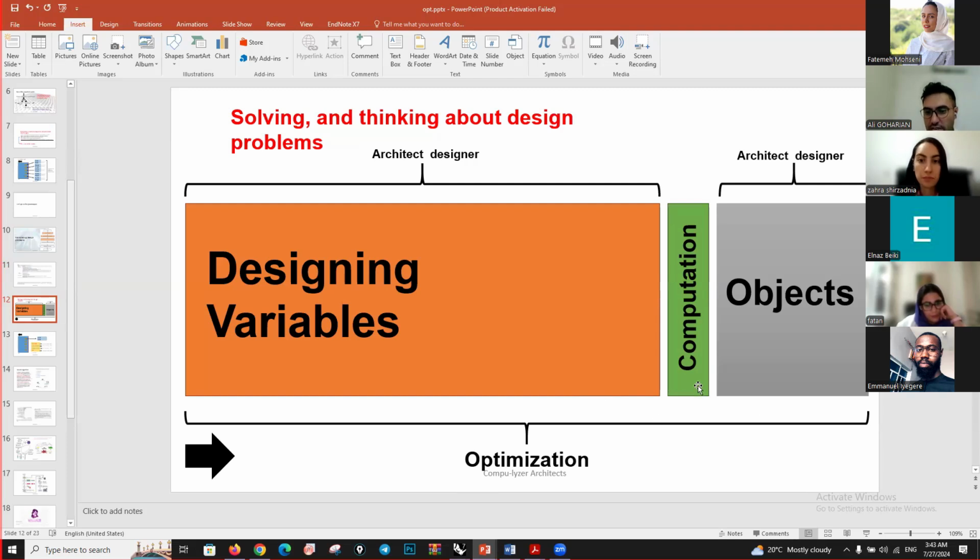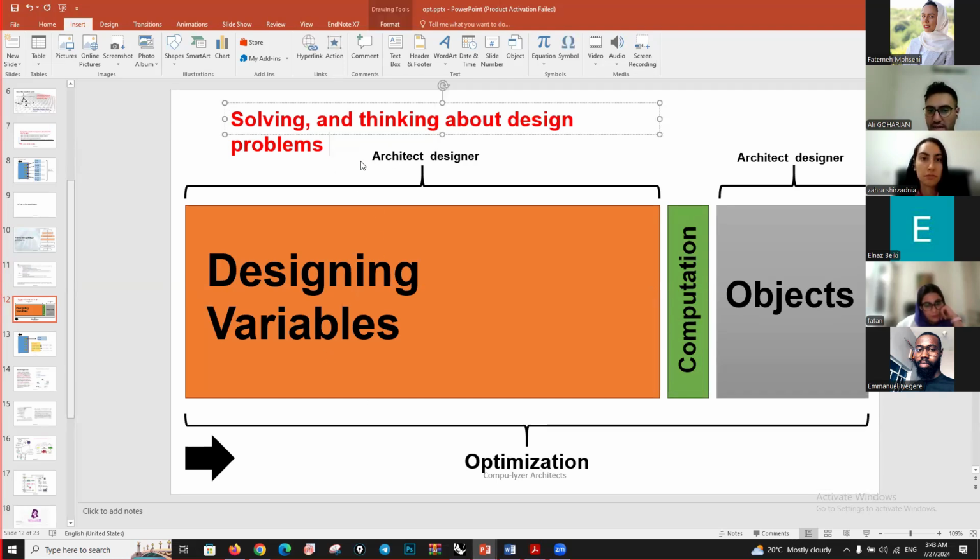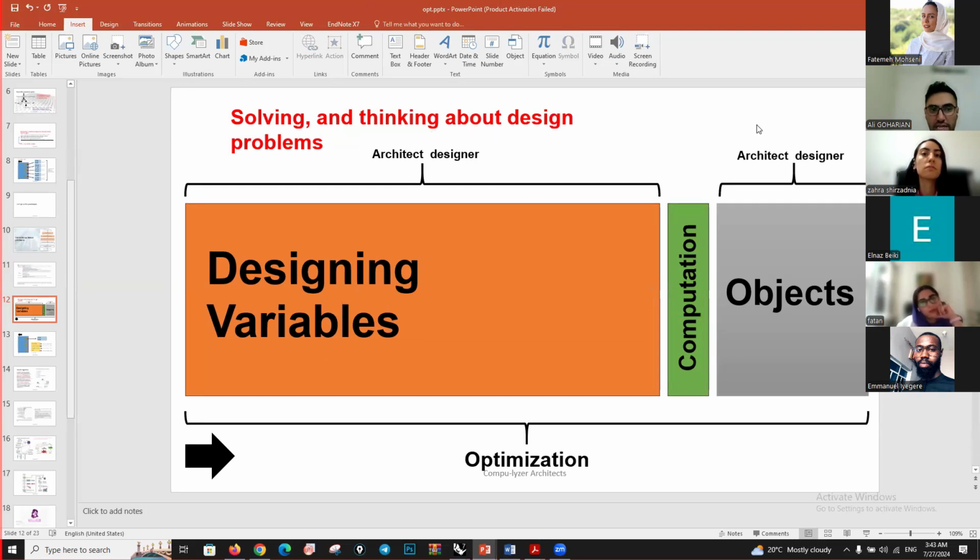As you can see, designing variables is very important, and it depends on your knowledge. For example, you as an architect and designer should have sufficient knowledge about your problem, about your field. For example, when we are working on adaptive dynamic facade-based